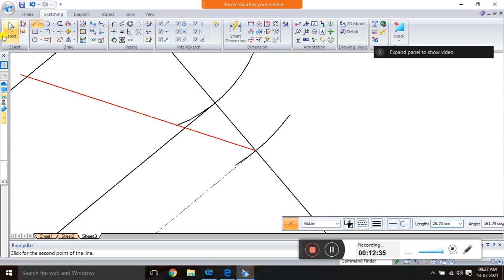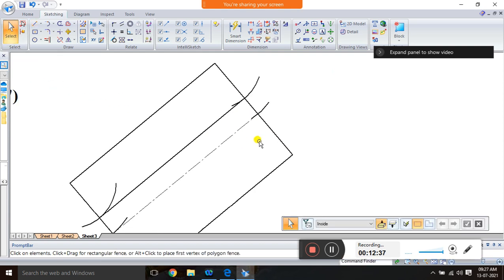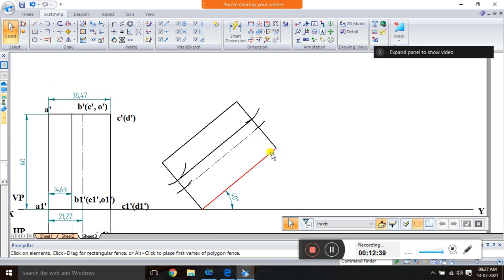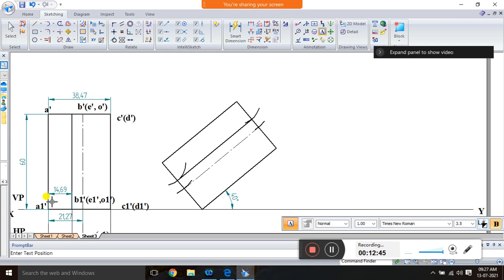Okay, so like this you have to construct. This is a manual way of construction, with the help of compass, protractor, and scale. Then you have to name it. This one is, as usual, the same naming you have to make here also, A dash, and this one is